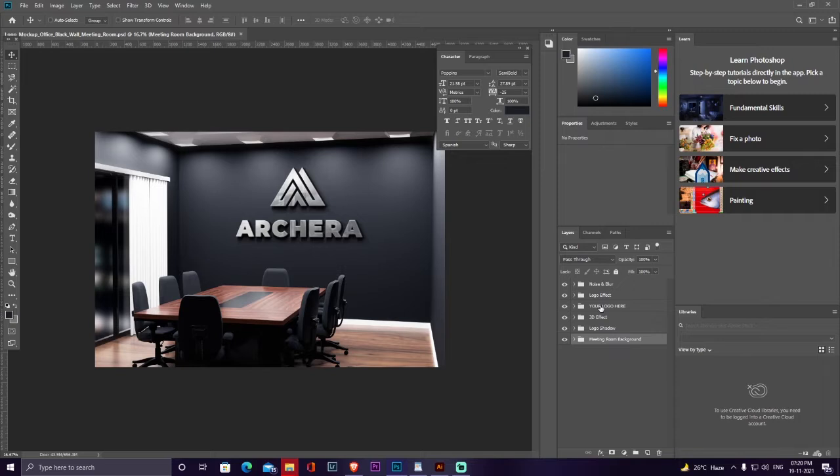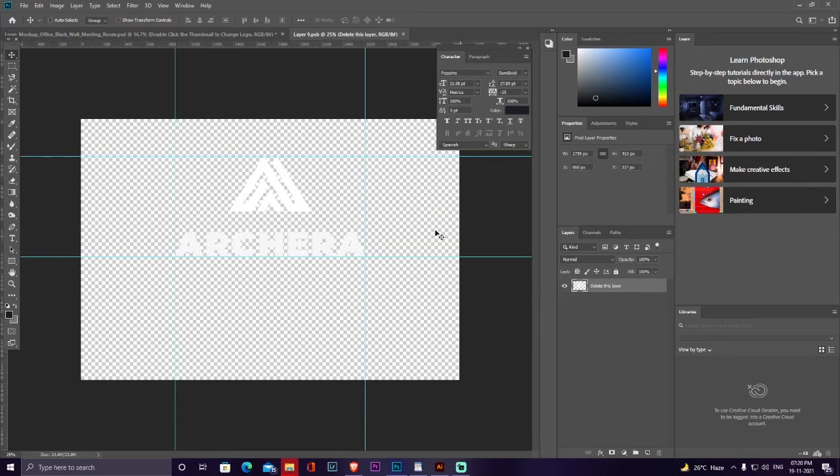Every mockup has indication in its layer files where you need to put your file. So here you go, your logo here. We need to put our logo here, but not right here. Just watch it. You need to click here and you see "double click to change the logo." Whenever you see this kind of icon over a layer, that means that layer is editable in a